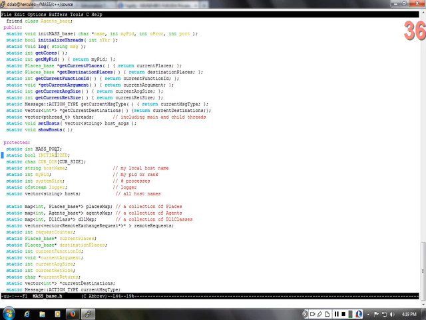So if you say new ABC, the Java virtual machine will access ABC.class automatically. So that was quite convenient in Java, but in C++, we have to say,